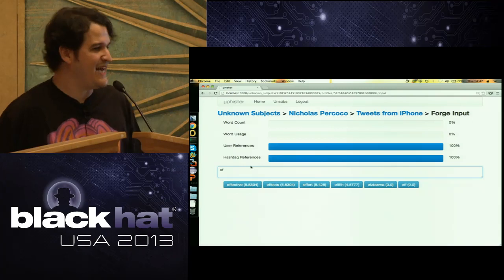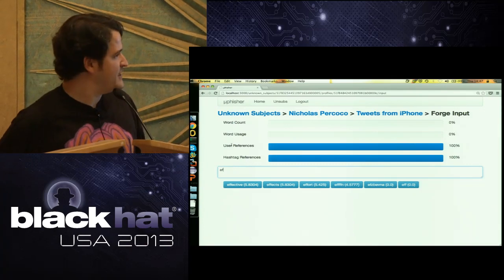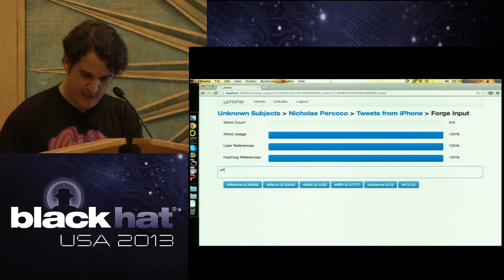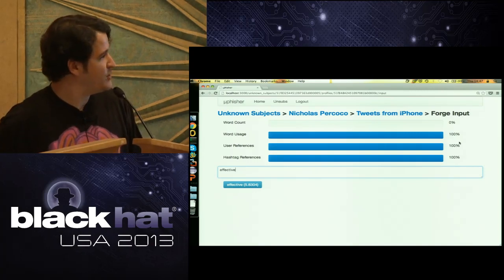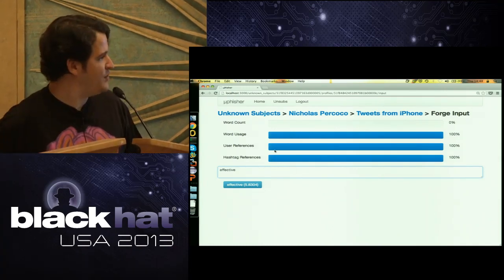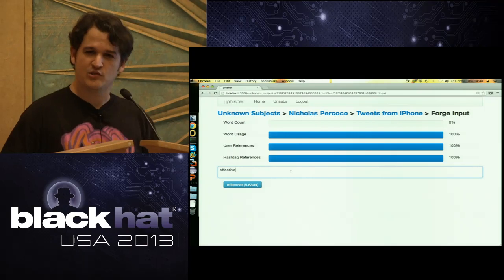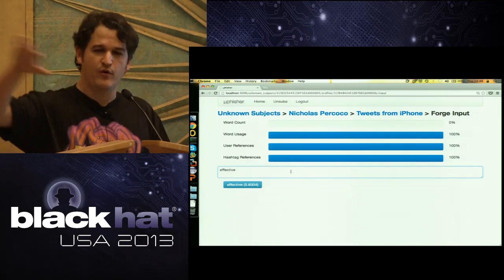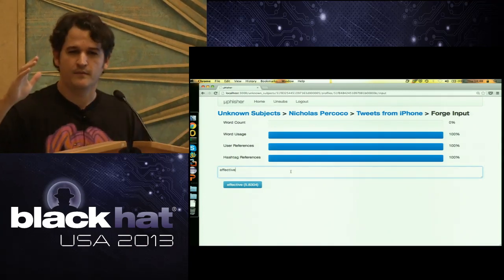So for instance, since I have not written a word yet that appears in the dictionary built for Nick, that means the word usage rank is 0 because no known words are showing up. If I finish writing effective, the word usage will go up to 100% because we're using 100% words he used before. The word count here is 0 because the average number of words he would typically use is 17. We are using just one, so basically we decided that if it falls below a third of the average or above 5/3 of the average, we zero them out. Otherwise, it's mapped onto a bell curve in the middle, right? And